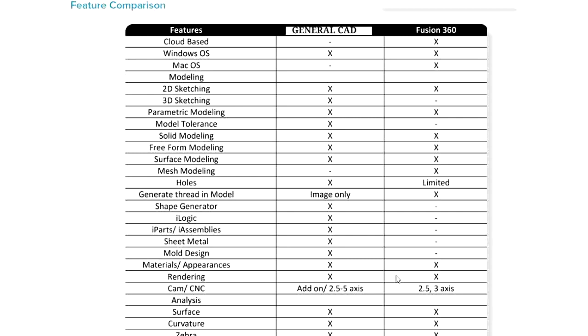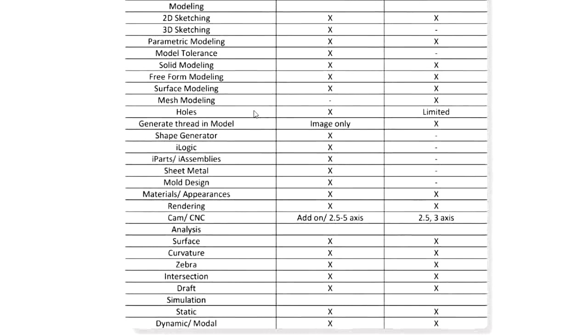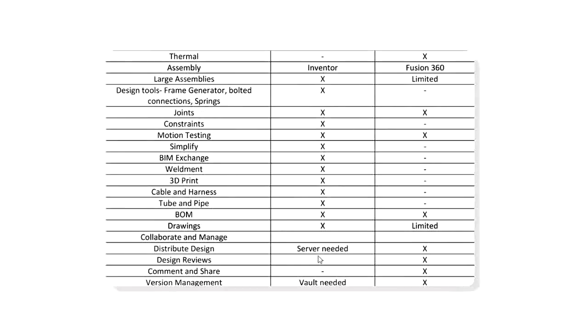Okay, so there are a number of parameters that we have to discuss, but we can't tell about all the parameters. Analysis can be done on both the systems. Okay, then thermal, it is the basic difference, or the most important difference, that thermal modeling analysis can be done in Fusion 360, but for the regular CAD system you have to download another, separate platform to do the thermal analysis or thermal modeling.